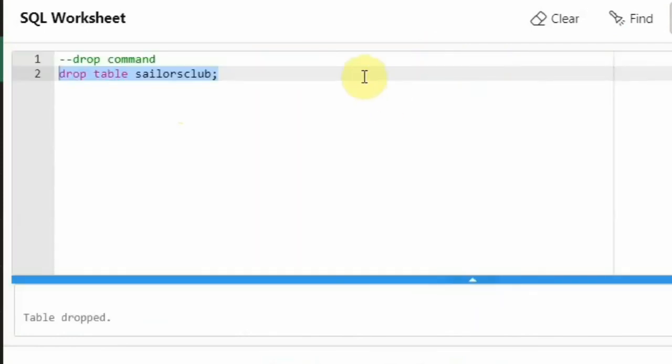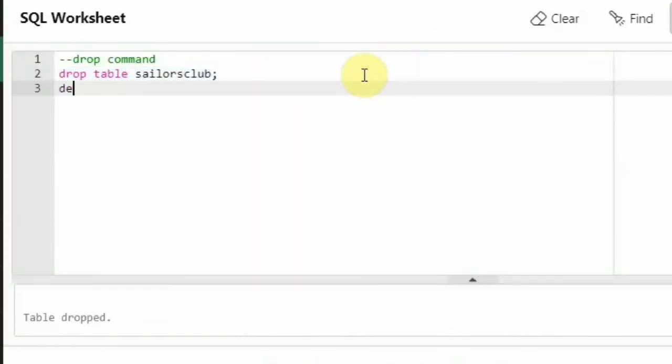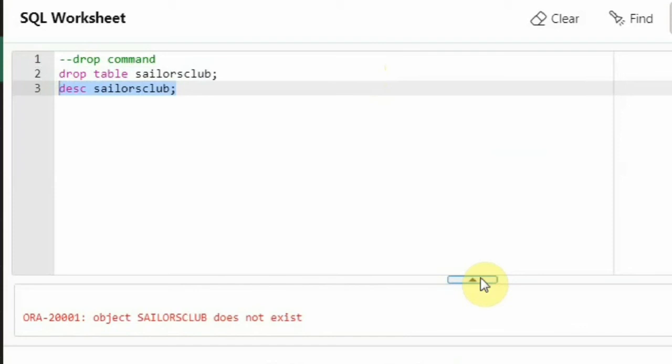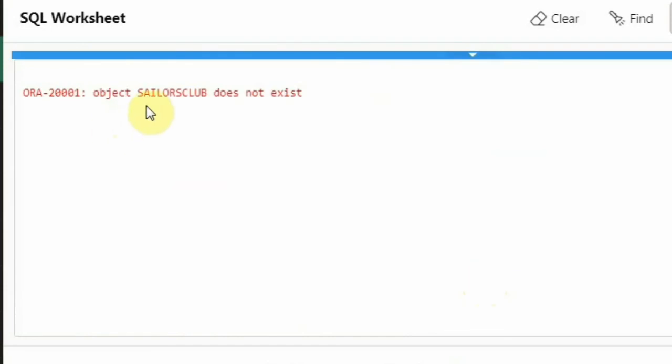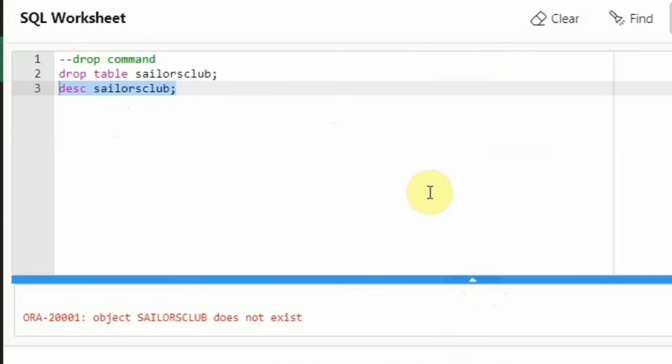Let me check whether there is sailors club or not. I am saying describe sailors club. I told you drop will completely remove the table from the database. You can very clearly see that object sailors club does not exist. So the table is not there. This is regarding the drop.